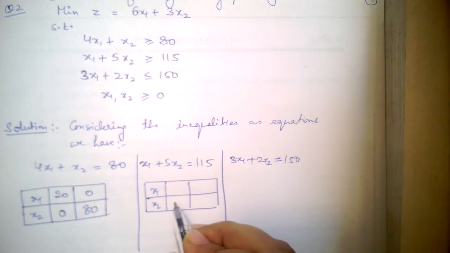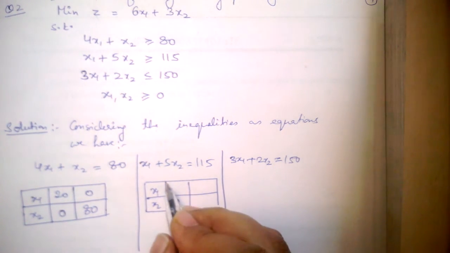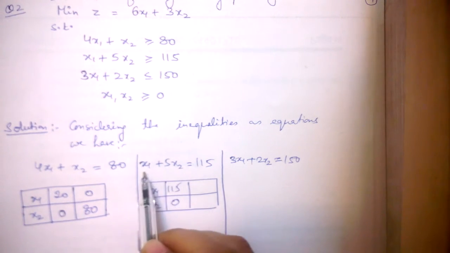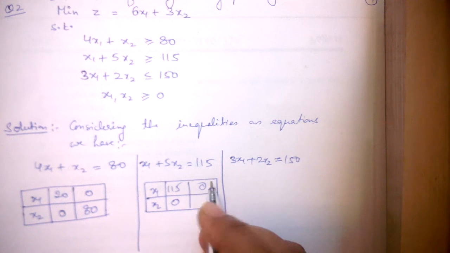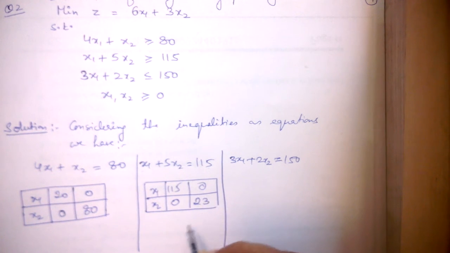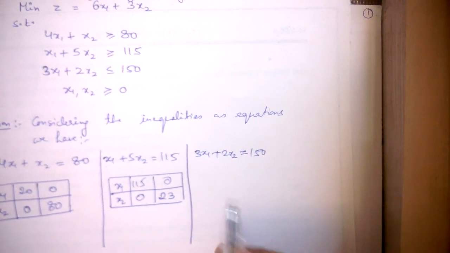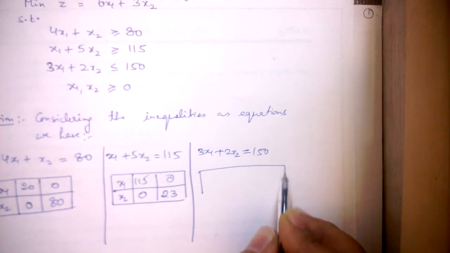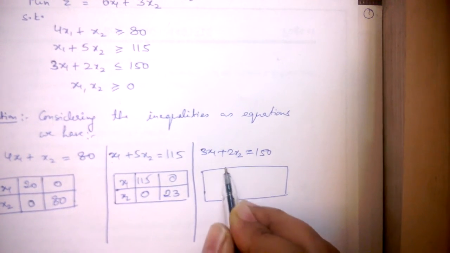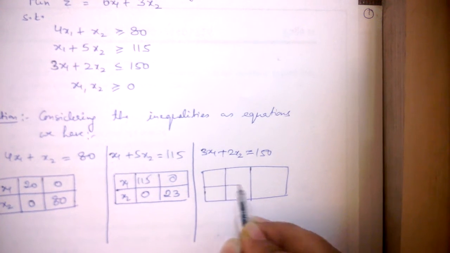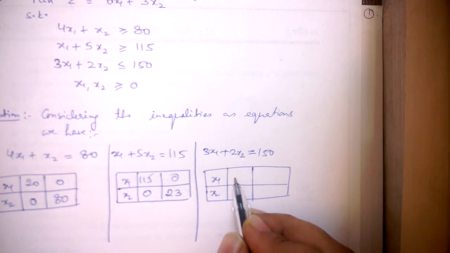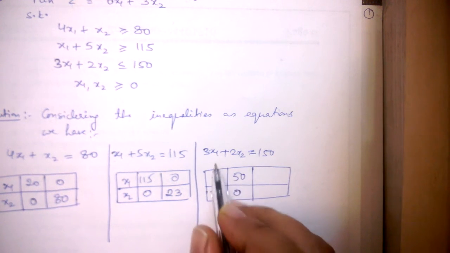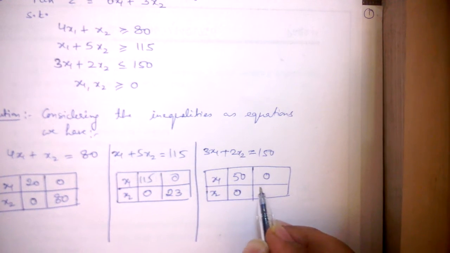First we'll put x2 equal to 0, and we'll get x1 as 115, and when we put x1 as 0, we get x2 as 115 upon 5, which is equal to 23. And here again we have to find out 2 points. Putting x2 as 0, we get x1 as 50, and when we put x1 as 0, we get x2 as